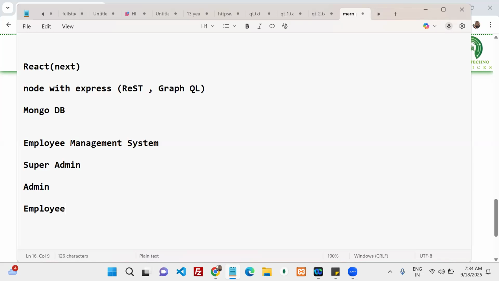Yes or no? So total how many roles? One is super admin, another is admin, and the next one is user. Three roles we need to manage here, or not?